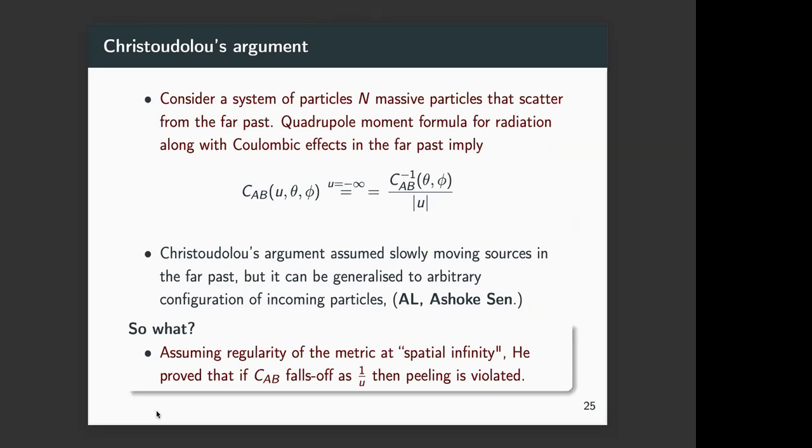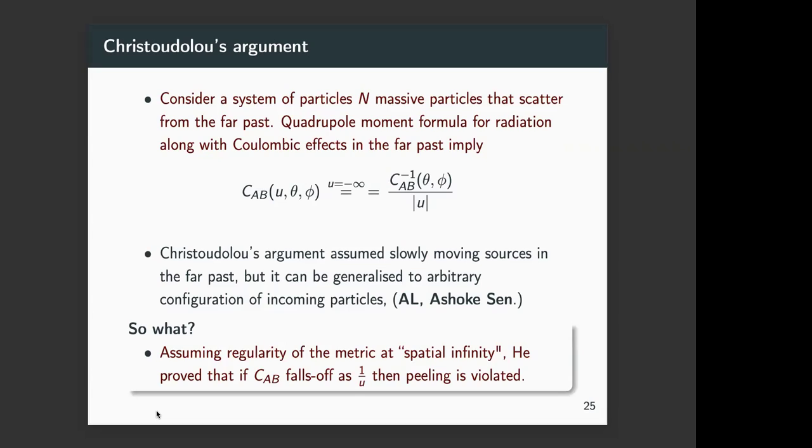Christodoulou did a very simple toy example. He looked at a system of n massive particles, which constitute a quadrupole source, and they scatter from the far past. Naively, we know that the radiation will be given by the quadrupole moment. And what he showed was that if you just look at the quadrupole moment formula and study this shear field,